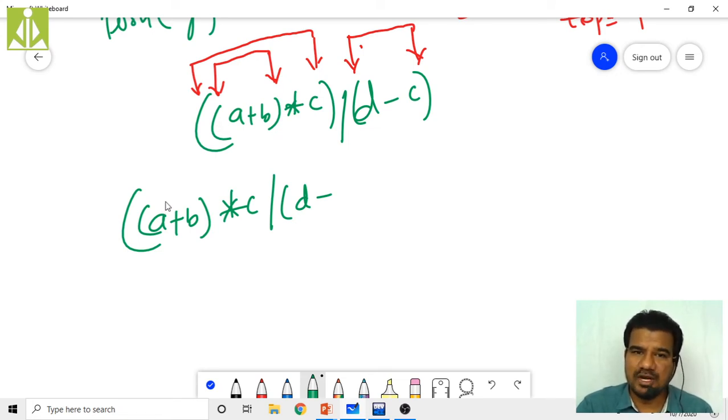So what the computer will do is start scanning this expression, and it will push the characters onto the stack. Basically it will start the scanning left to right only. First it will get this opening bracket, and that opening bracket it will push onto the stack.